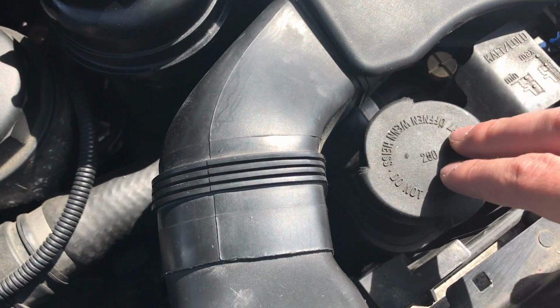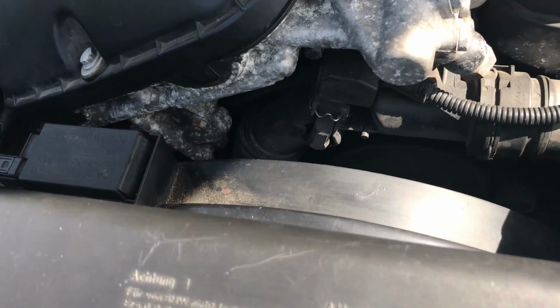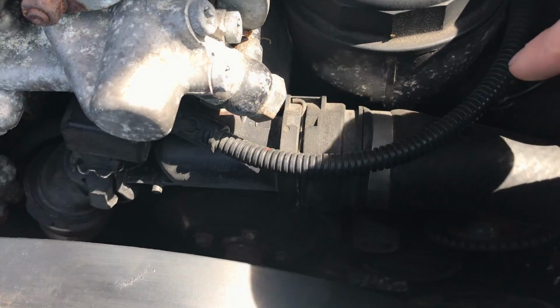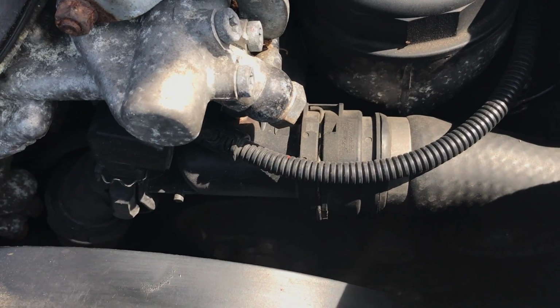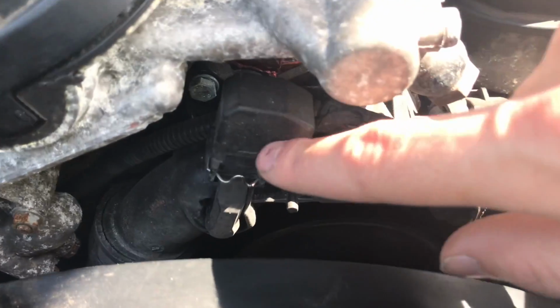If you look there to see if it's leaking. The next place it could be leaking is your thermostat. It could be leaking coolant, sorry, not oil. So this cable right here goes to your thermostat, and you can see this is your valve. That hose is going to your thermostat, and your thermostat, if you guys can see, is right here, this